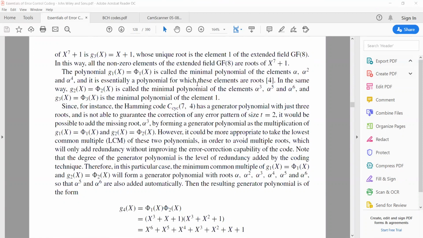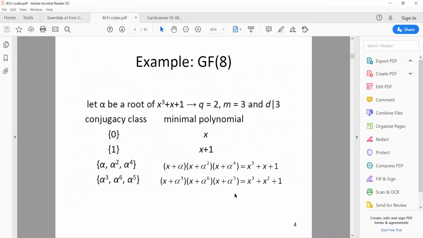So that's why we are doing the LCM between g1(x) and g2(x). So we will have all the possible roots. That means when we are doing the LCM of these two, we have a set of all possible roots: alpha, alpha square, alpha to the power 4, alpha cube, alpha 6, alpha 5. So this will be sufficient roots. And when we are actually determining or detecting the error of 2 bits, or when t equals 2, then we have already